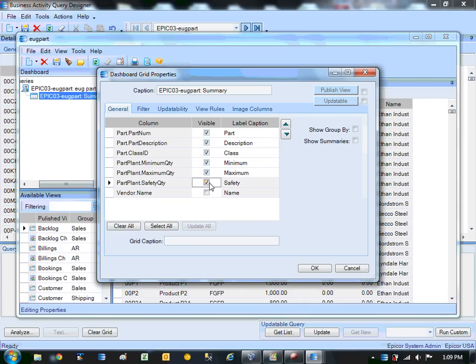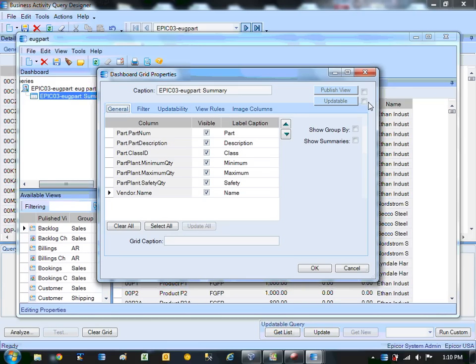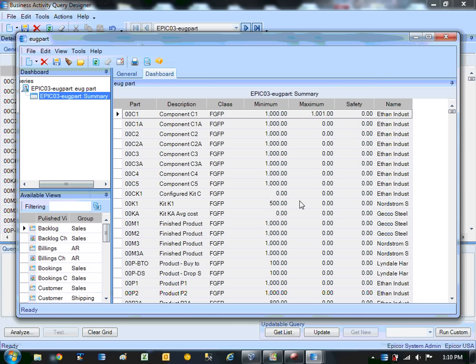So I could just turn off the visible in here. And now the fields are in my query, but I'm not showing them on the dashboard. I'm going to make this updatable, which is as simple as checking the box and creating the prompts. Hit OK,